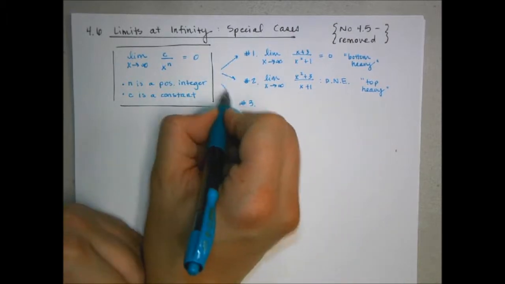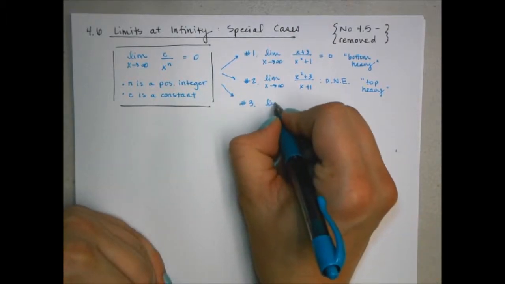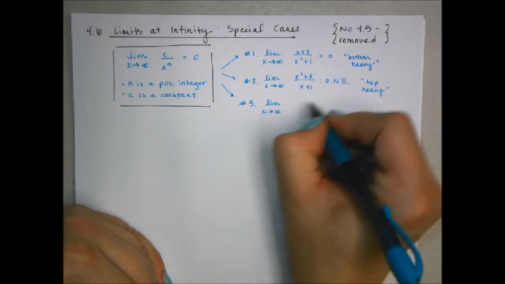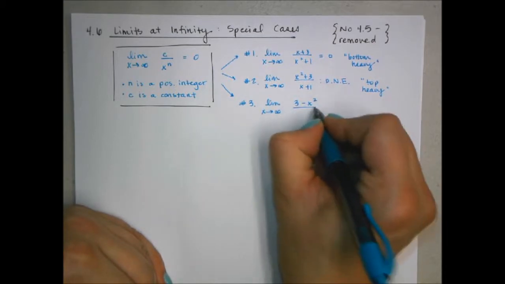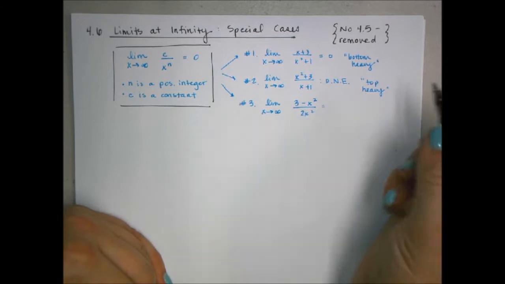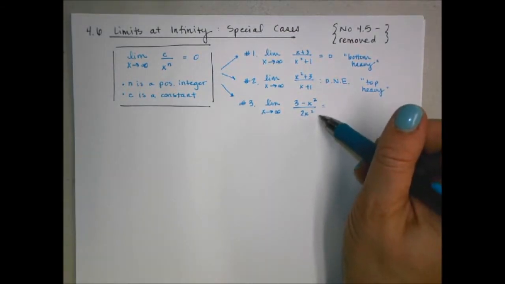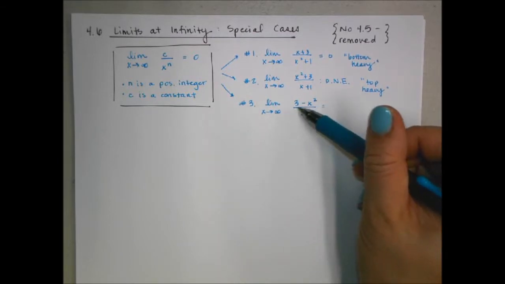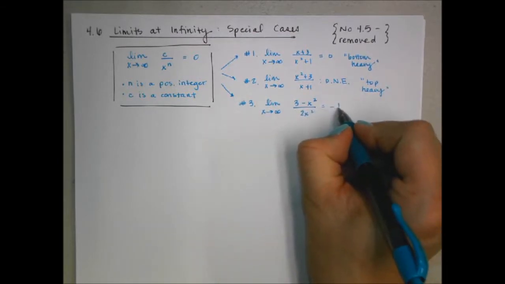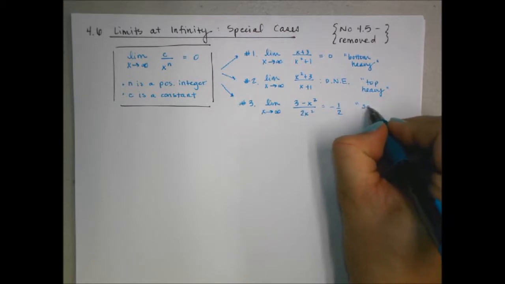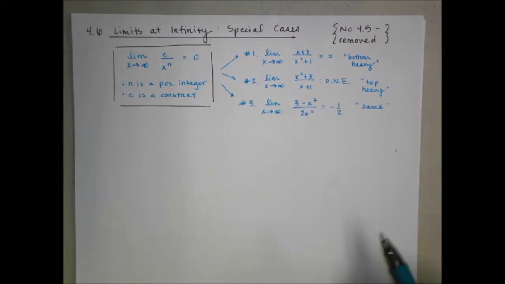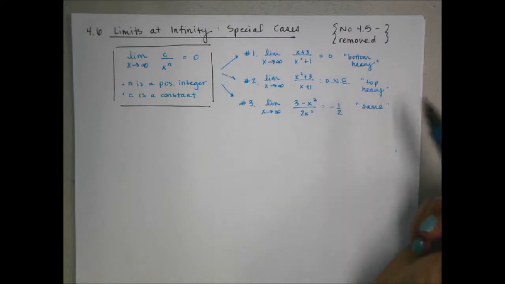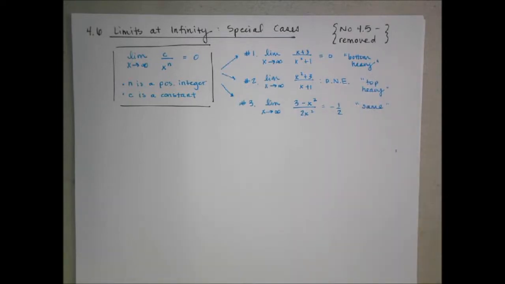For our third special case, 3 minus x squared over 2x squared, we have the same highest power on the top and the bottom. So our answer here was just the leading coefficients. Negative 1 over 2 would be negative 1/2. So more x's on the bottom, more x's on the top, or the same amount of x's on the bottom and the top. So applying that to our new special cases today,